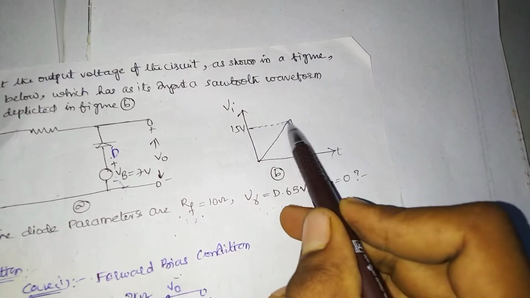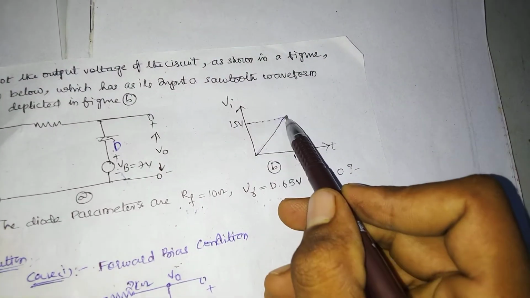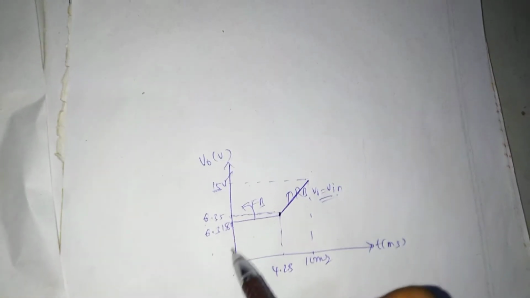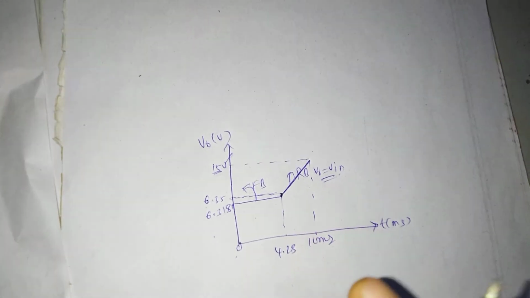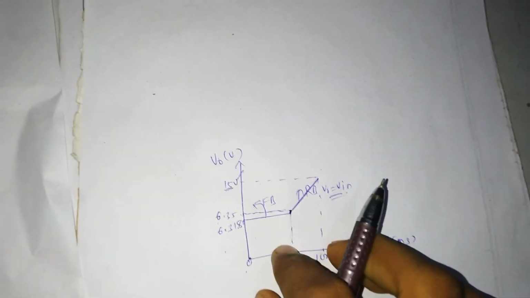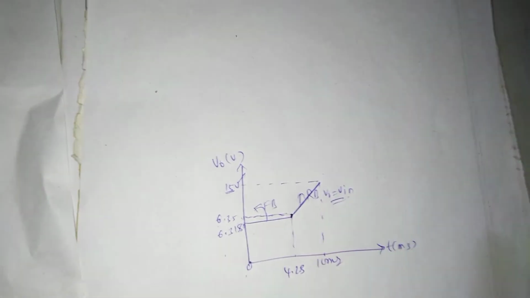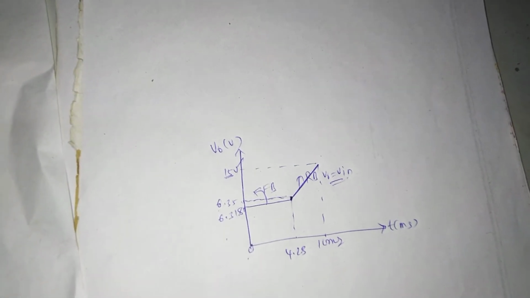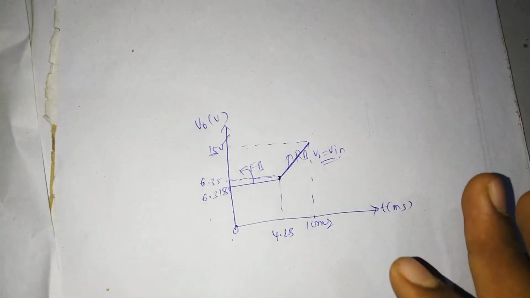Input 15 volts maximum, then only it varies, right? Then fall, simply maximum up to what? 15. You can understand. So this is the answer for the first question, and it is simply easy. If you go through the video, you will simply understand the entire answer. So it is a conventional type question. It asks for 20 marks, and we go for another question.